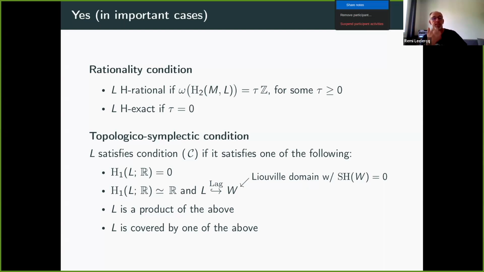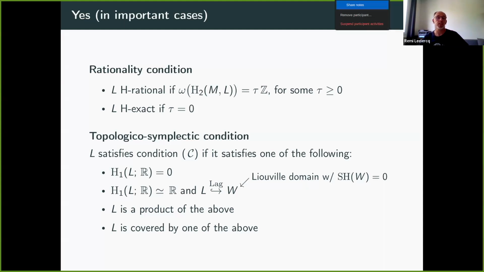So we're going to say that L satisfies C if either H1 is 0 with real coefficients, or H1 is of dimension 1, but then you need to know that the abstract manifold L also admits a Lagrangian embedding inside a Liouville domain with vanishing symplectic homology, or L is a product of the above cases, or L is covered by one of the above cases. So these are all the cases where we can actually prove